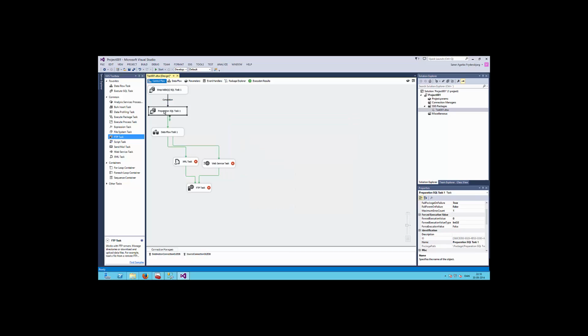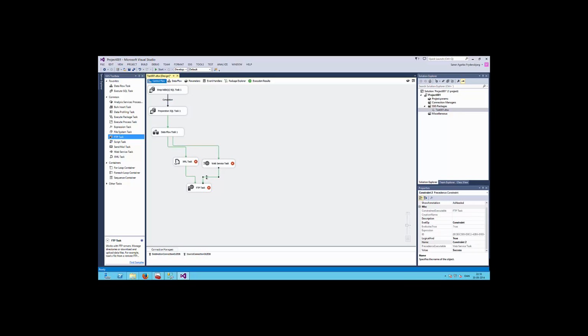So that means that if this task is a success, then this one will be executed. If this one is a success, then this one and this one will be executed. If this one succeeds, and this one succeeds, then this one will be executed.